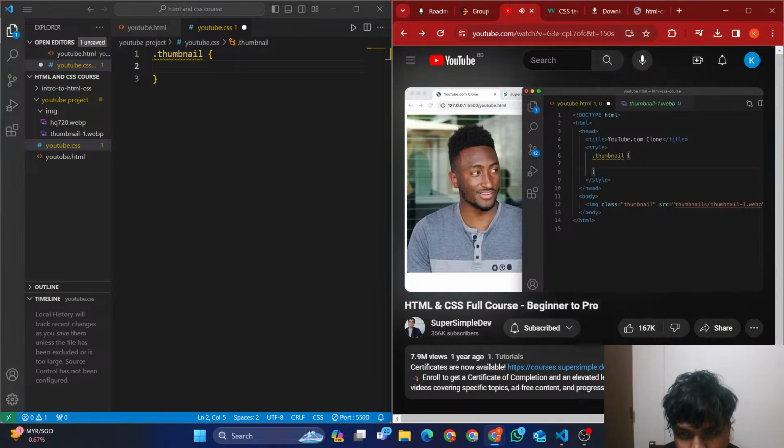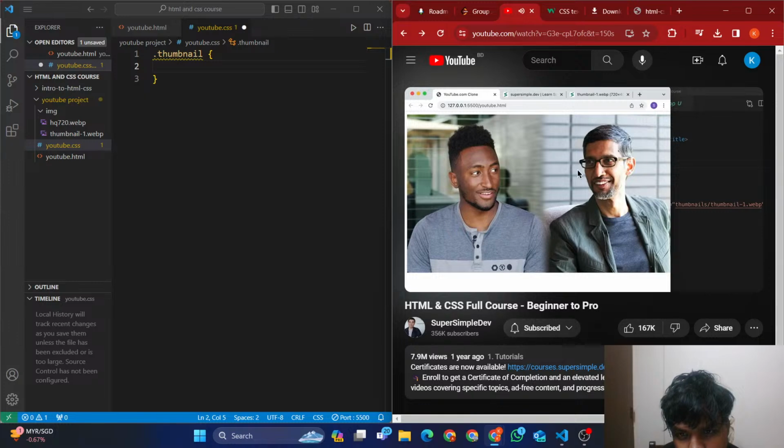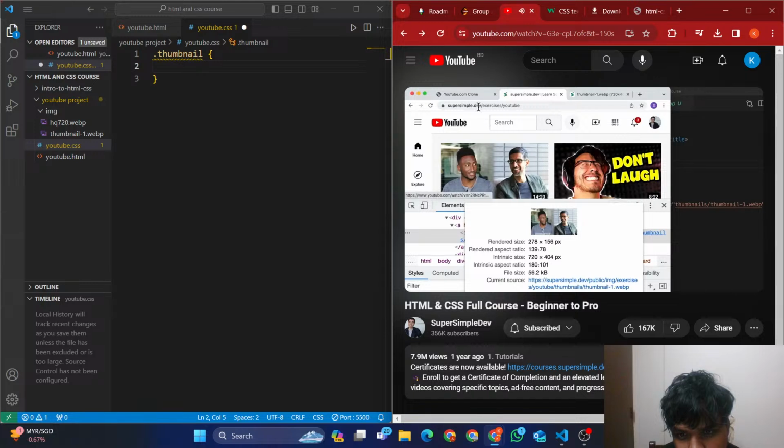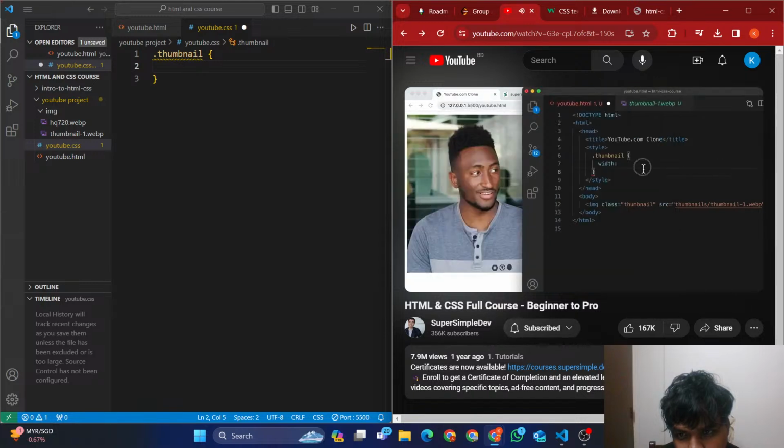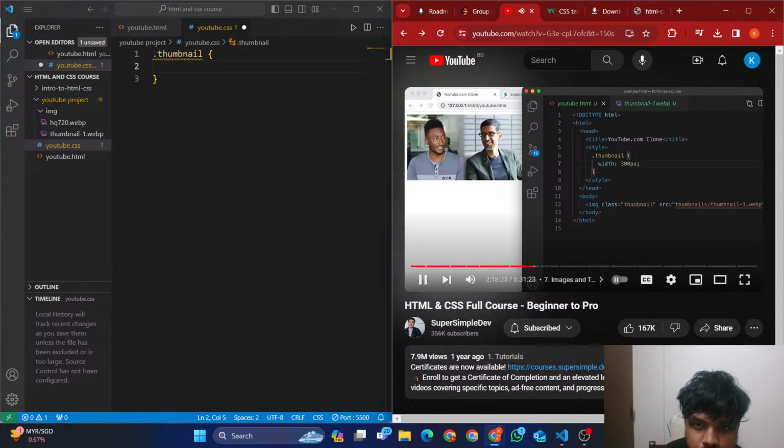Now a property that does make sense for an image is width. This will set the width of this image. Let's make it smaller to match what we have here. Let's make the width something like 300 pixels. Now we save it, and now the width